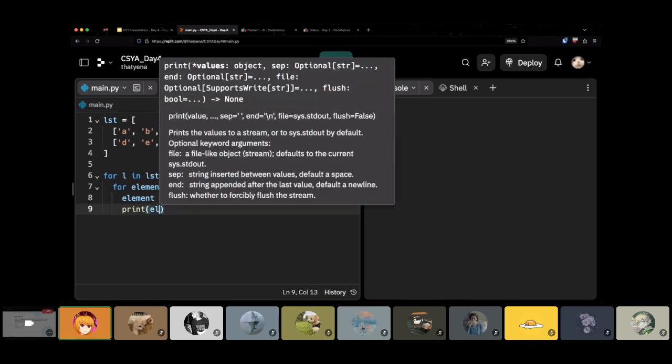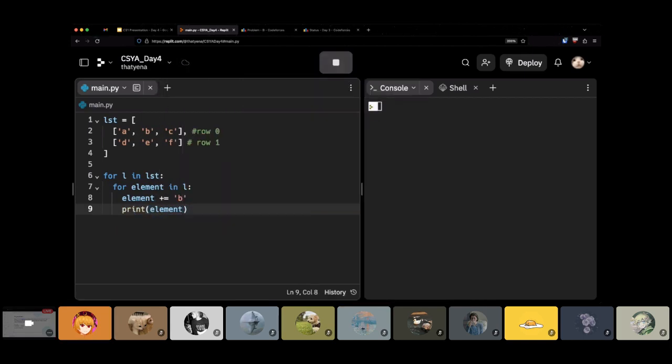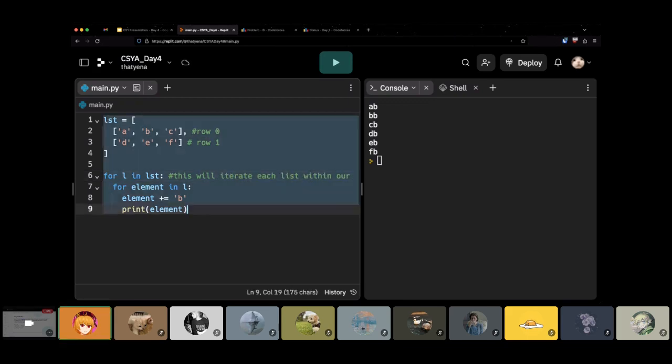Actually, let's just print the element. Yeah, so you can see here that we're going to have two for loops, one embedded within the other. And this will iterate, first of all, through each list within our